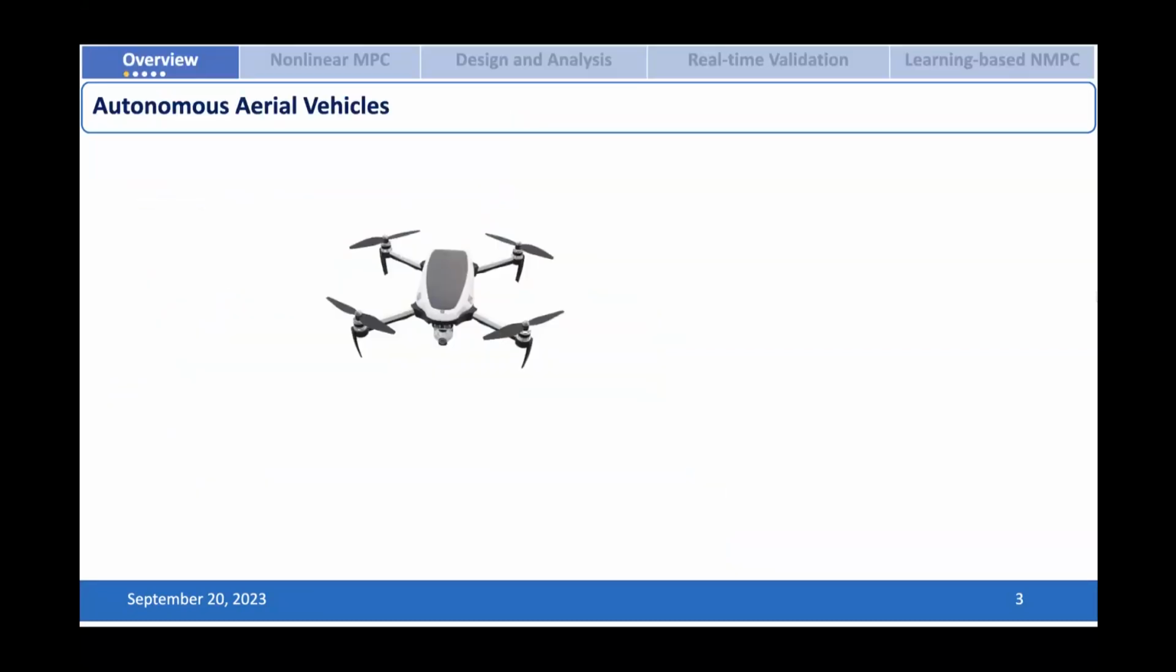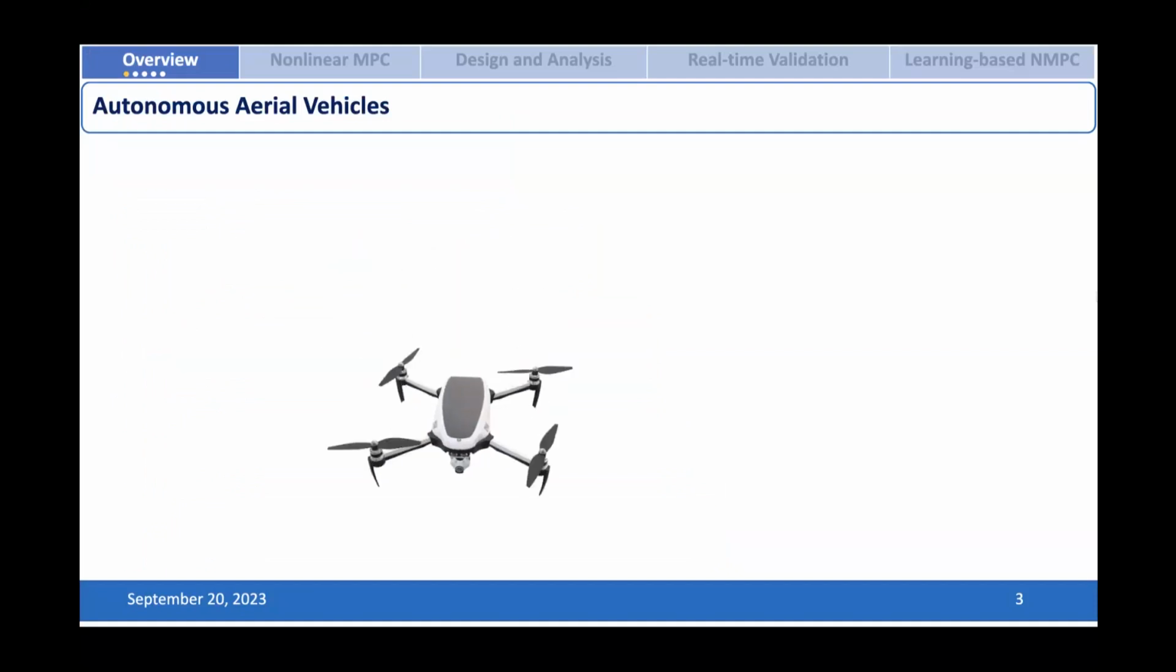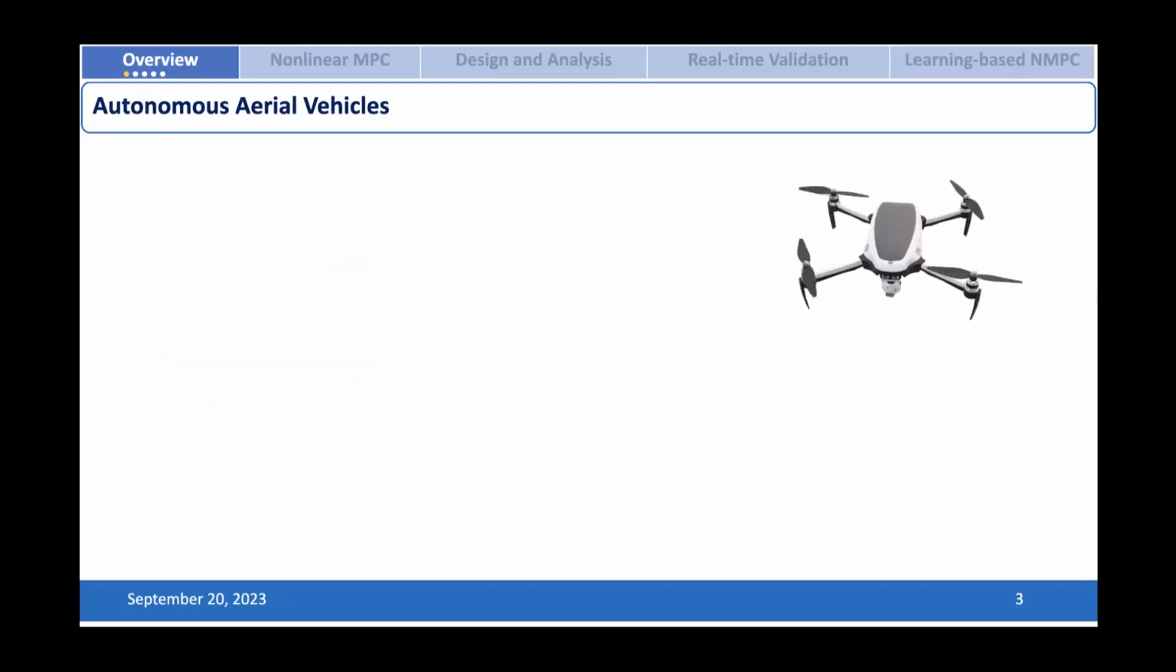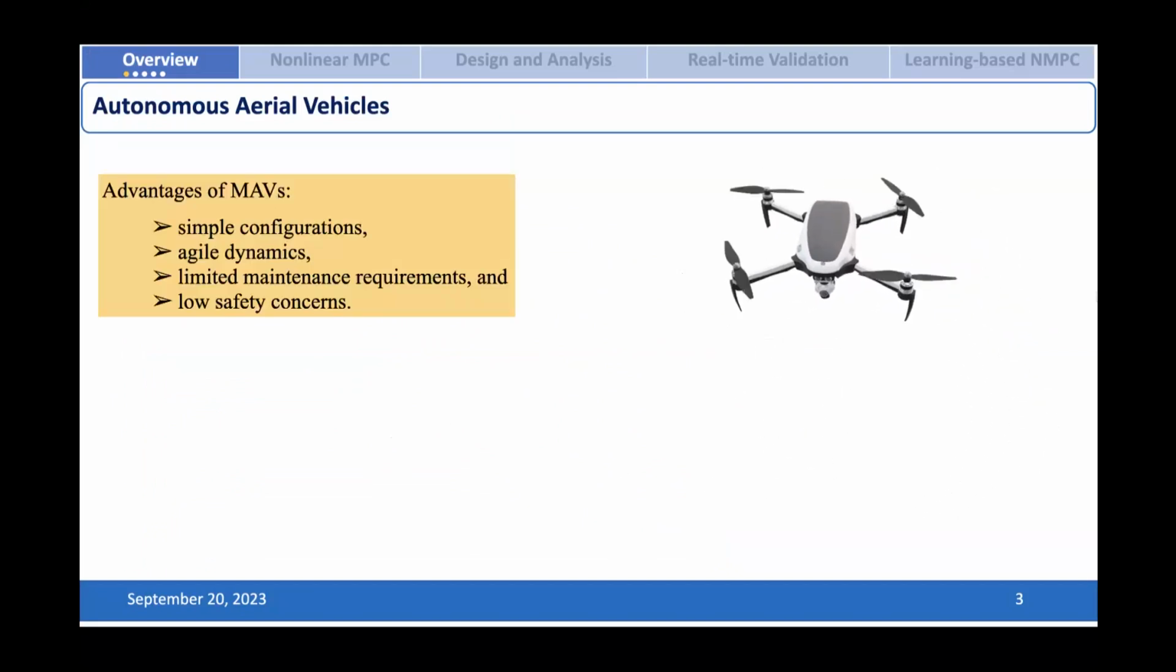So first of all, autonomous aerial vehicles are now very popular in civil and military applications, and we can see them in security, search and surveillance, and also for inspection, due to the simple configuration of the vehicle, its agile dynamics, the limited maintenance requirement plus the low safety requirements. But on the other hand, there are some challenges in the design of the control of the aerial